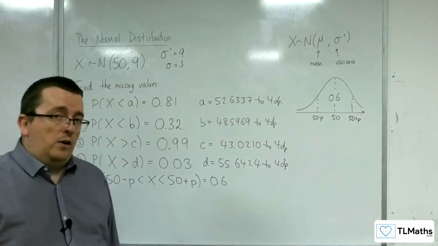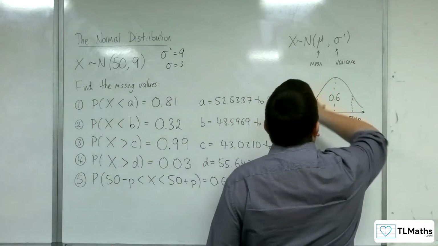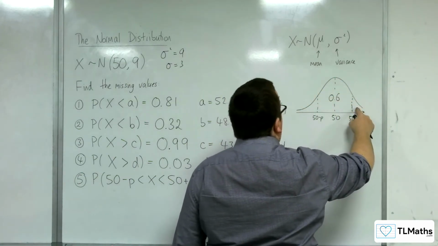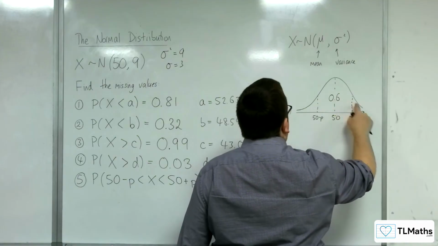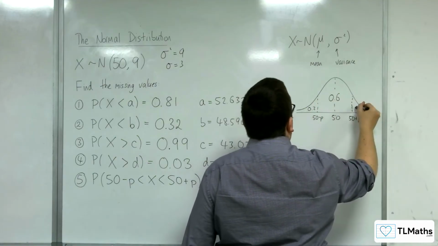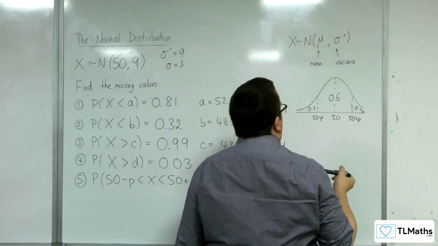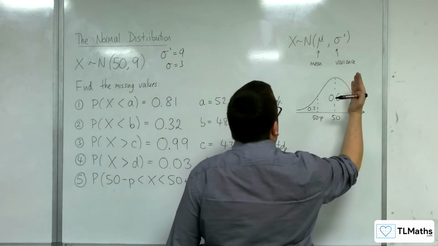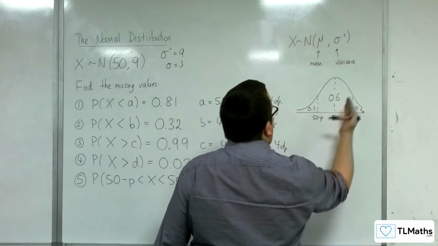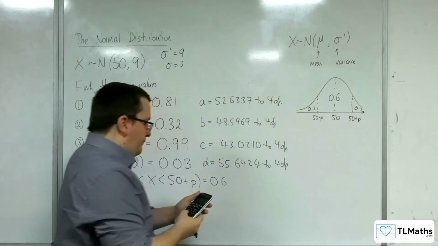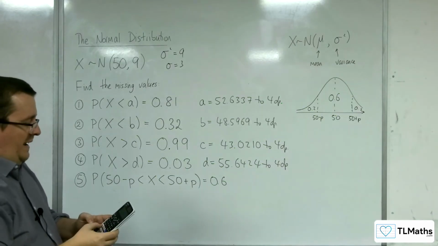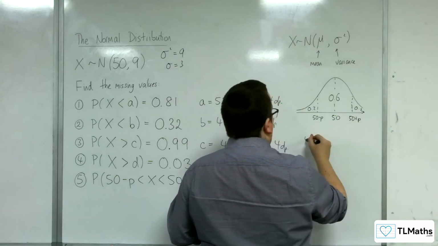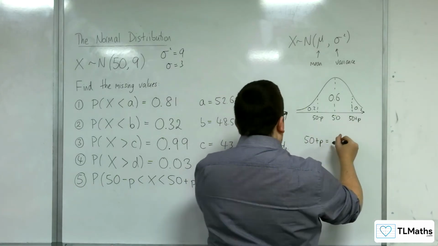Now the thing is, we know that the whole thing is 1. So that means that this piece and this piece are the same area. So they must add up to 0.4, so that must be 0.2, and that must be 0.2. So I can use my calculator's inverse norm button to find 0.8, everything less than that line there. So if I change the area to 0.8, I get that this value, 50 plus P, must be